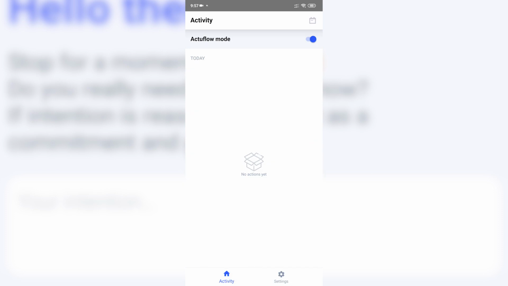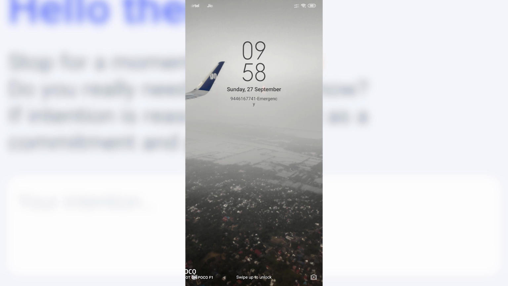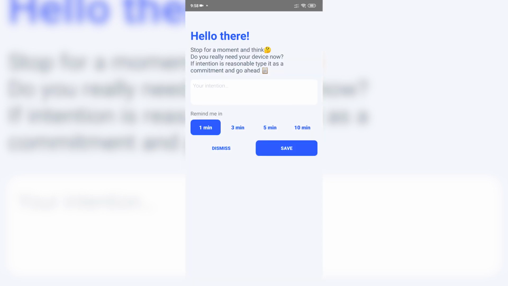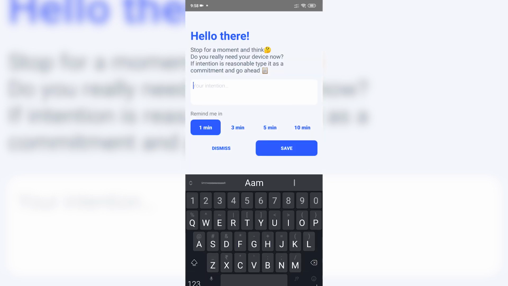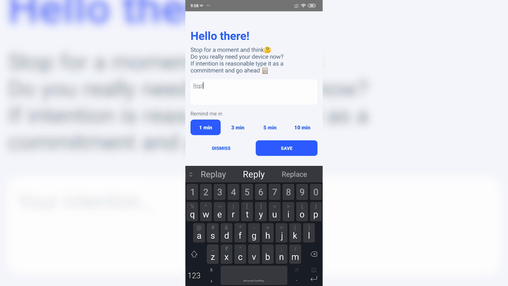We all have those instances when we unlock the phone while working or studying to reply to an email or message or a notification we got, but end up looking through Facebook, Instagram and then watching videos on YouTube and stuff like that. That is where this app is beneficial. This app asks you a question every time you unlock your phone as to why you are unlocking the phone and also sets a time limit to remind you as well.